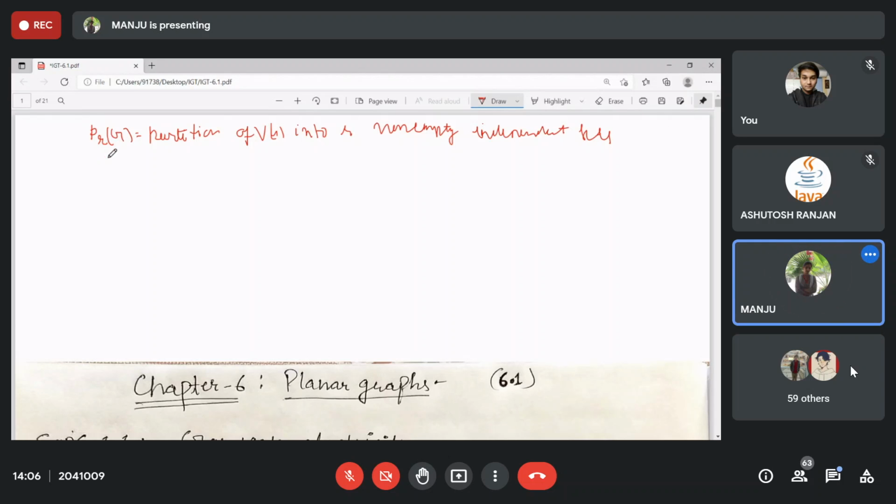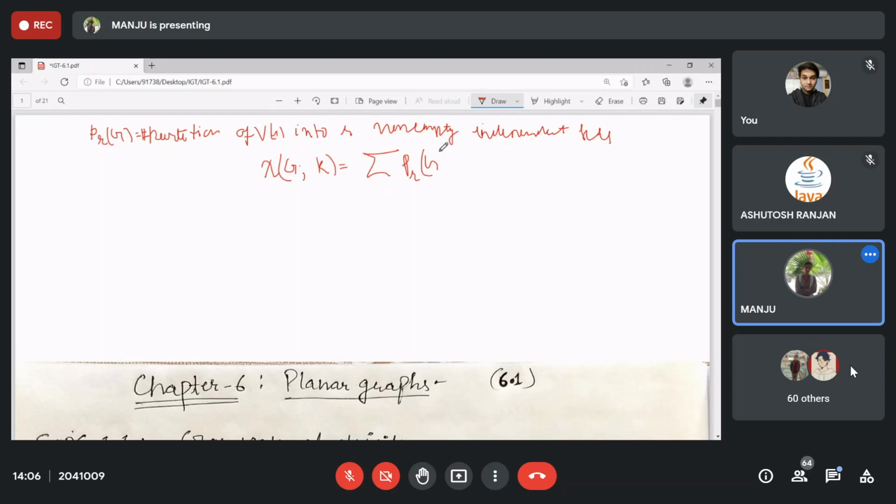Then what can you say about the chromatic number of partitions? This represents the number of partitions. Then the chromatic polynomial for G, when k number of colors are given, will be the summation of